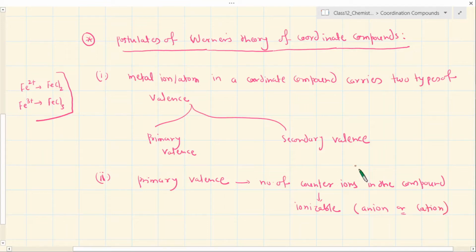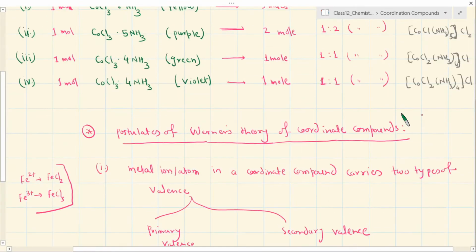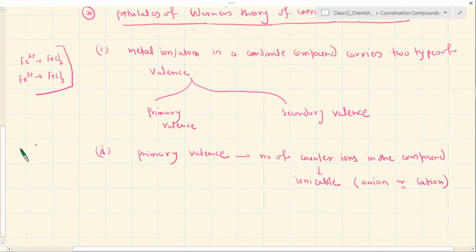Okay, right now I'm referring to counter ions, which are ions attached to the complex ion. There are two ions here. One ion we are referring to as the complex ion and another as the simple counter ion. Okay, so when you put this in water, you get the two separated. For example, if you put this compound in water, you get 1 plus charge on this entire complex and Cl minus, the two ions, cation and anion. Okay, all right. So this is one valence which is simple to understand. Okay, but there is another valence which is referred to as secondary valence.